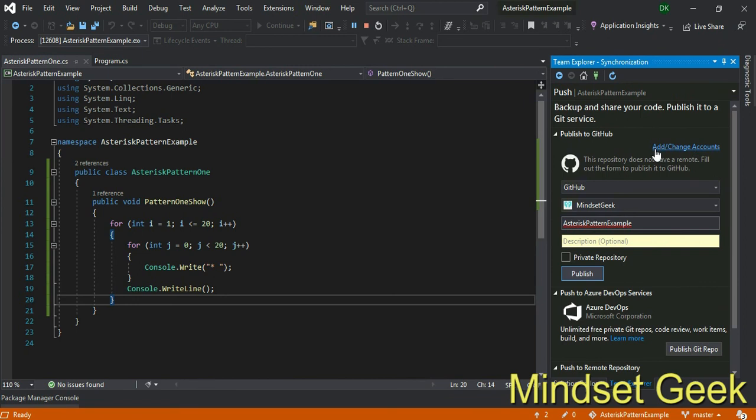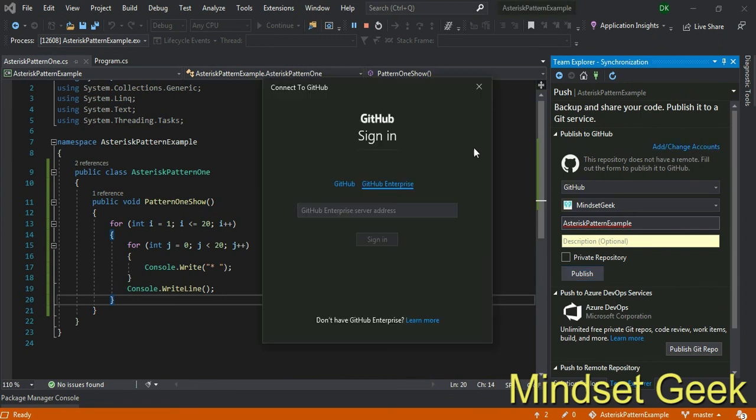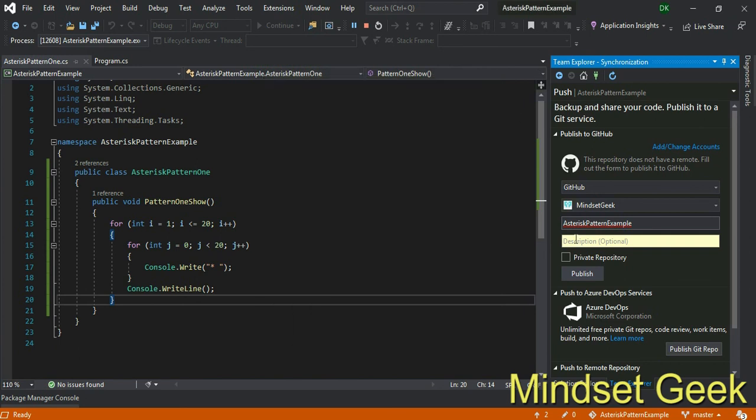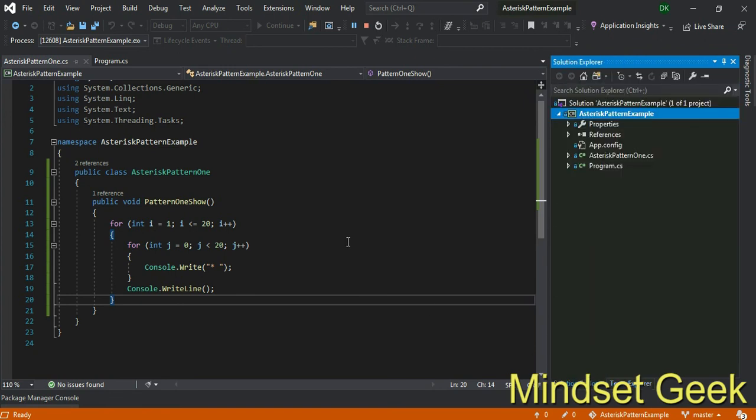If not, you can add your GitHub account from here, right? Sign into your GitHub and add. Pattern 1, I publish. Make that repository public, not private. It publishes. Okay, that's it for this lesson.